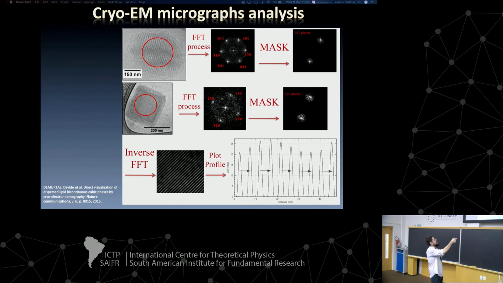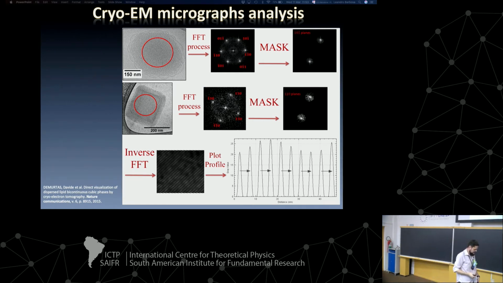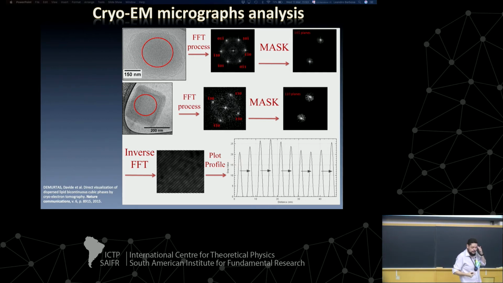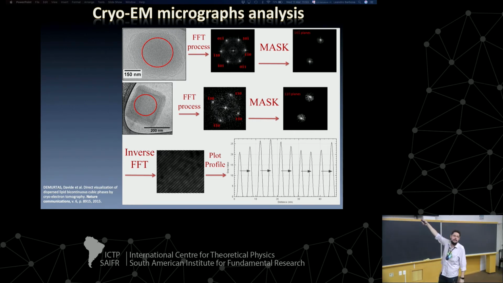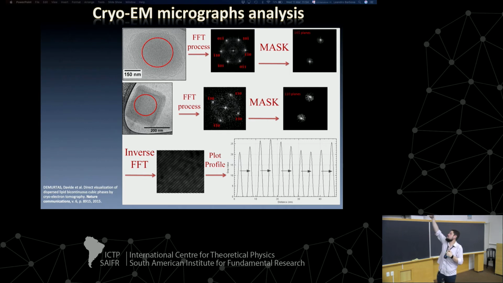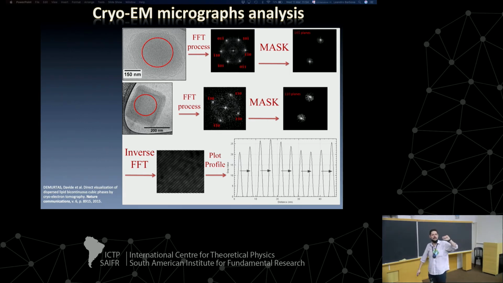These are the cryo-EM images. When we have this cryo-EM, it's very nice because, as you remember, in the TEM images it is not possible to see the inner water channels. Here you see the water channels. You can see several white dots. Each white dot that you are seeing there is a water tube that is going in the direction perpendicular to the screen. We can also try to make some images,